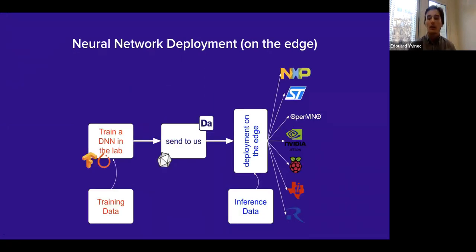So how does this work? Well, you keep on using your favorite framework, TensorFlow, PyTorch, and you send us your trained neural network. And what we do is, with a little bit of magic that we will detail in a few seconds, we give you back something that you can use for deployment on the edge for your favorite dedicated hardware. So essentially, what we've managed is through engineering, having code that can compile models and give you something that can run on your favorite edge device.